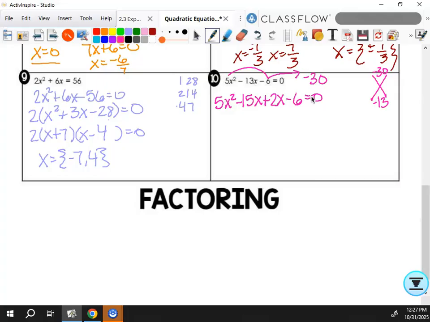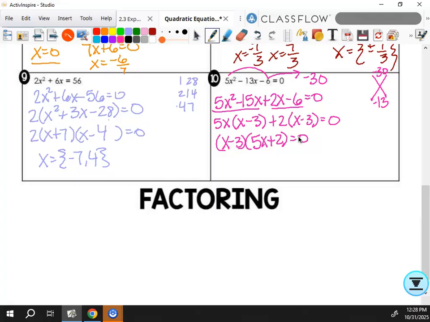Then we're going to divide out of these two. I can divide that by a 5x. That leaves me with x minus 3. Out of these two, I can divide out a 2. That leaves me with x minus 3. Remember, those always have to match. And then this gives me x minus 3 times 5x plus 2